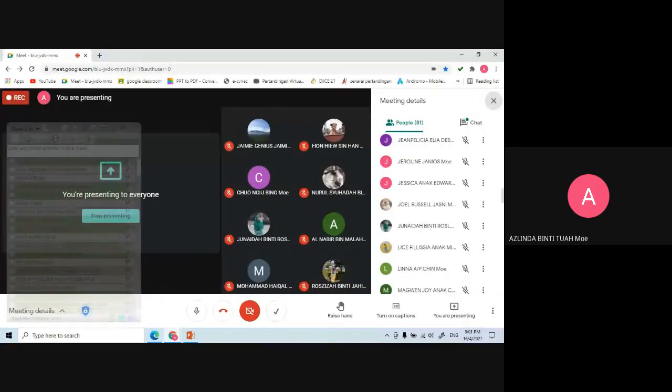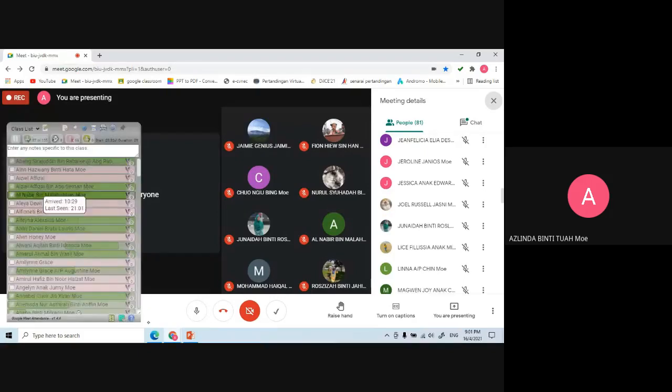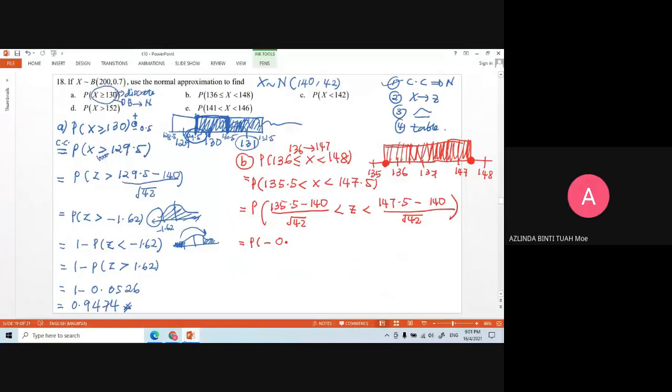Lama pula Junaidah kira. Liz, sambung Liz. Ha, negatif berapa? Negatif 0.69. Okay, second. The right hand side, 147.5 minus 140. Continue anyone? CP21? 1.16. Okay, now